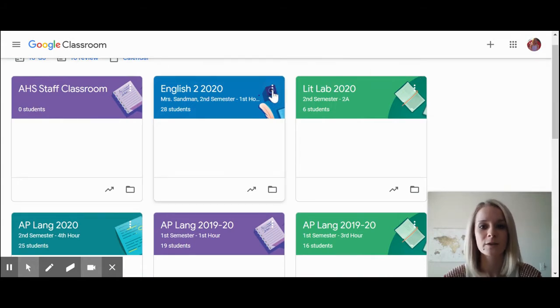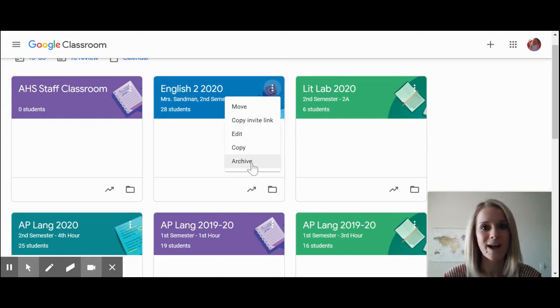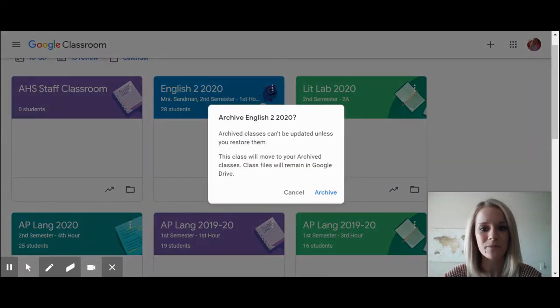I'm going to go back to one that I taught this spring in second semester. I'm going to click on the three dots, and then you'll see the option to archive the class, and that's what you want to click. And then it says it can't be updated unless you restore them, which is fine because we'll be creating new Google Classrooms for our new classes anyway. So you can go ahead and hit archive